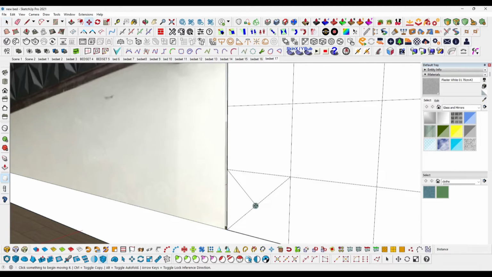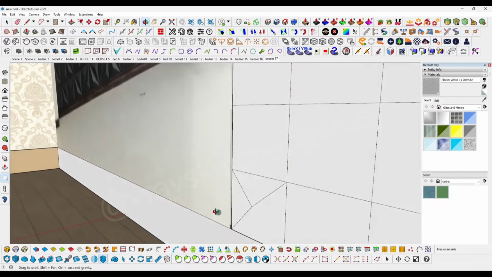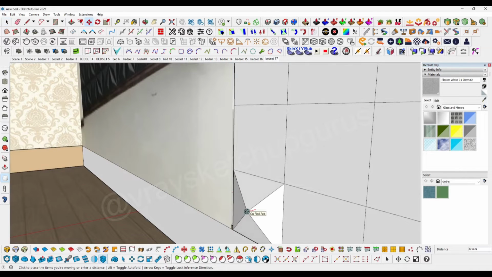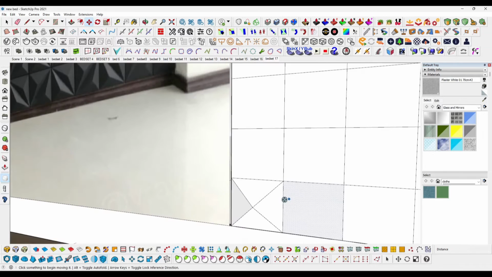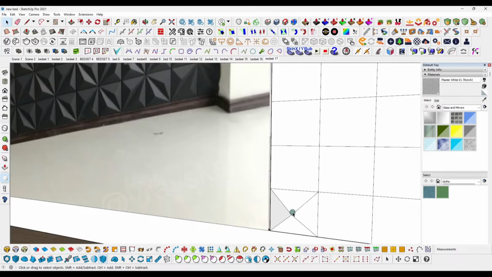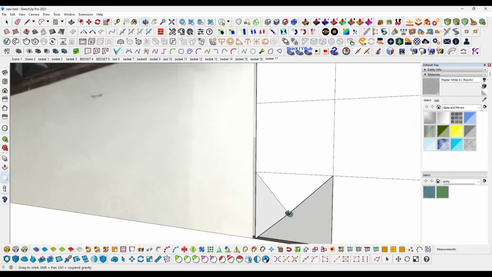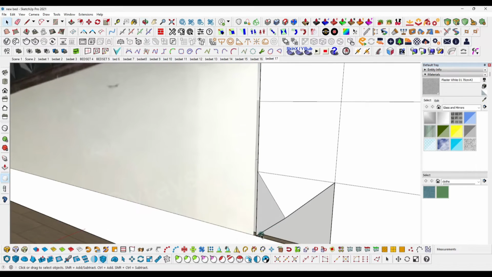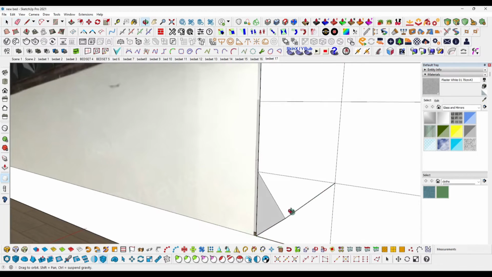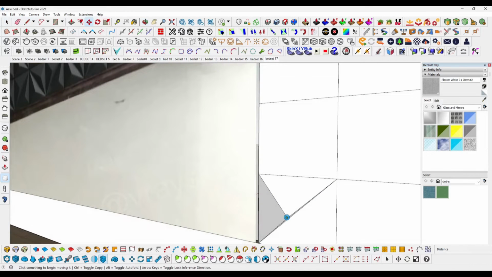Here we will use the move tool and click over here and move it along the red axis. Okay, so here we will delete an extra part like this one. We don't need this one, and we'll draw a single line over here to fill it. Then again we will use the move tool and move it parallel,